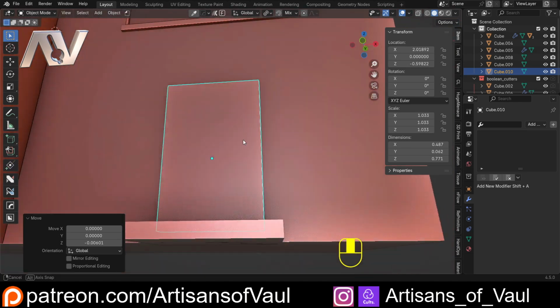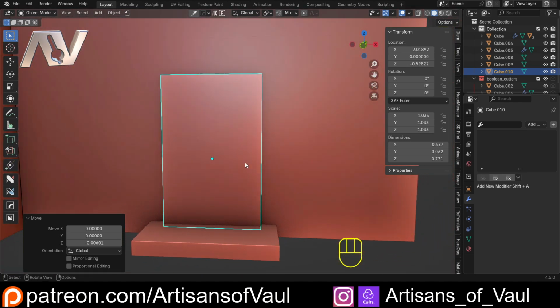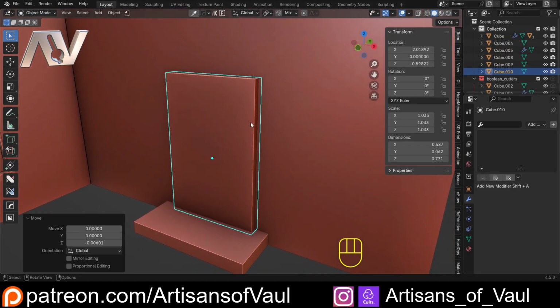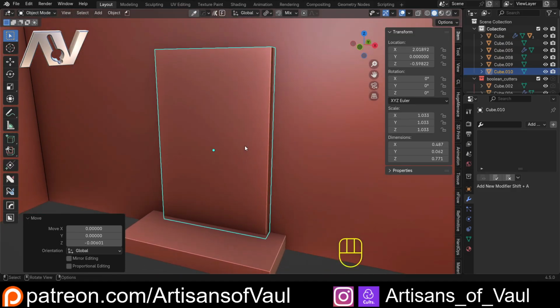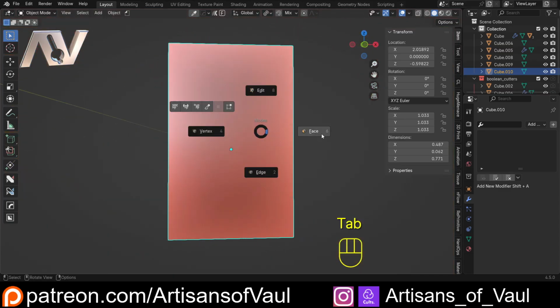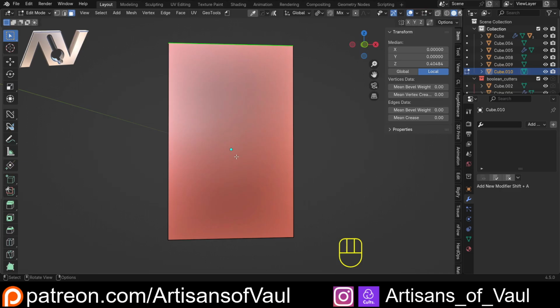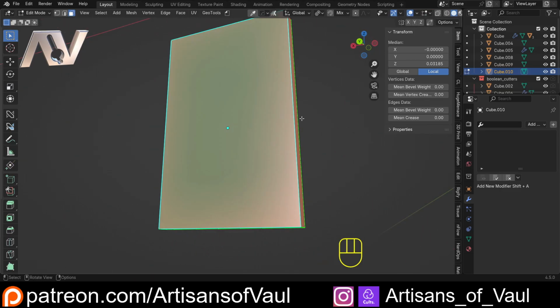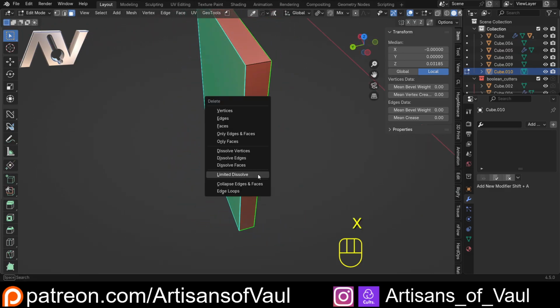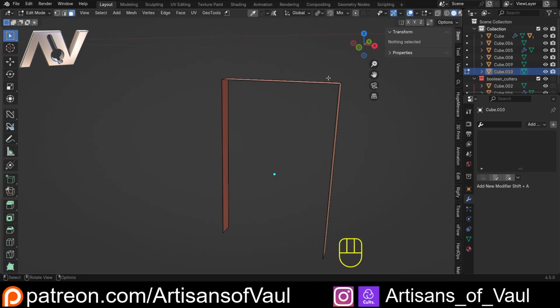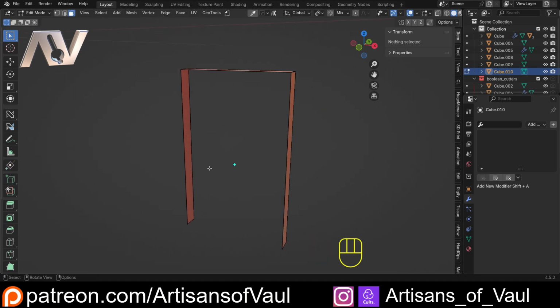Now, we could do some tricky things with this, but the easiest way to get this working is we're just going to delete out the parts that we don't want and then thicken the bits that we do. So again, we'll use a modifier for this, but first into isolation mode, so this is easier to see. Go into face mode, so for you that's tab and 3, and click that face, shift click that face, and shift click that face there. And then we're just going to X and delete those faces. So now we've just got this arch, or this squared off arch, that we're going to use as our door